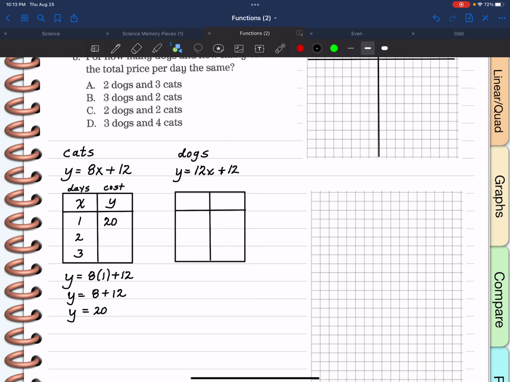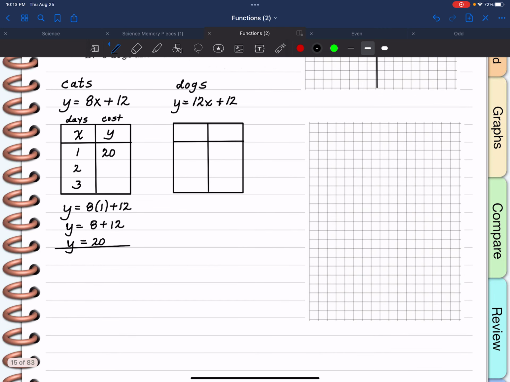Then when X is 2, you just put a line to divide these out. When X is 2, Y is 16 plus 12, or $28, because remember it's $8 more each day. So you can even get by on this one without having to do that, but let me go ahead because